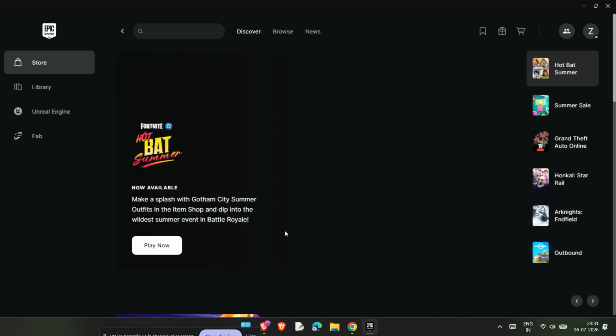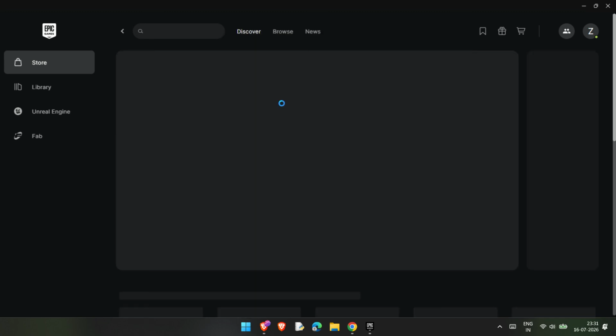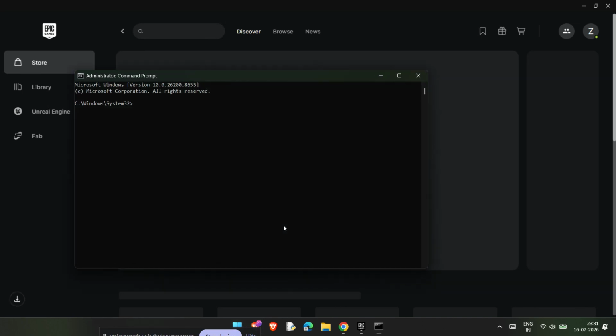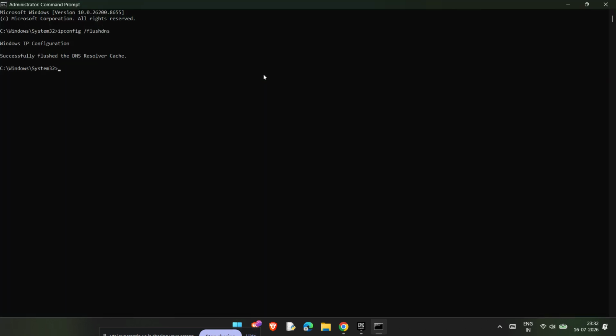Press the Windows key, type CMD, then right-click Command Prompt and choose Run as Administrator. This is very important because the network commands need admin access to work properly. In the Command Prompt window, type ipconfig /flushdns and press Enter. This clears your DNS cache, which can remove old or corrupted network lookup data that may be affecting your connection